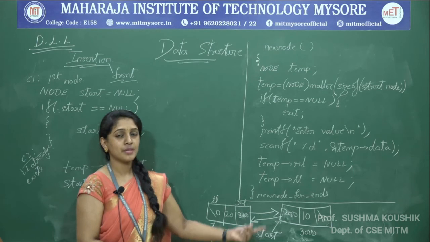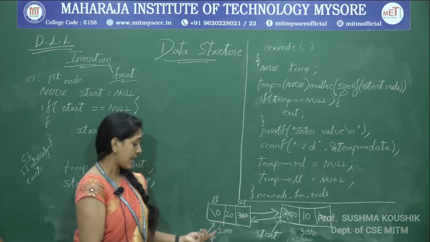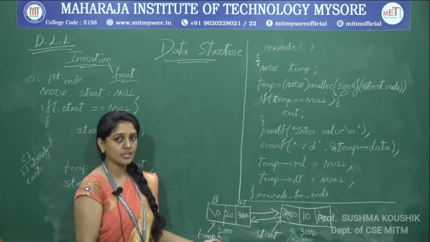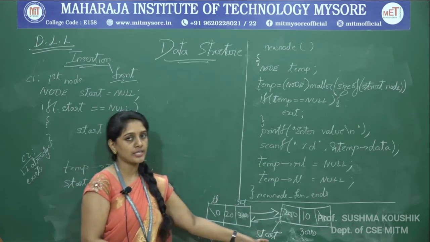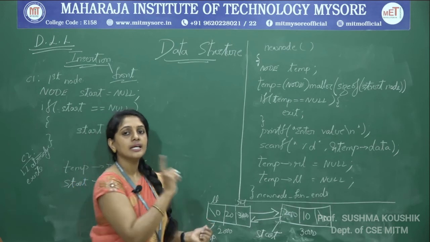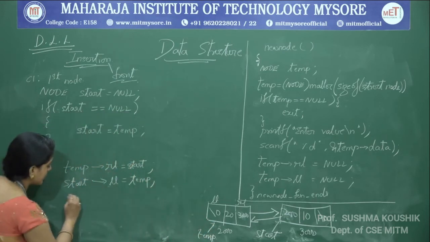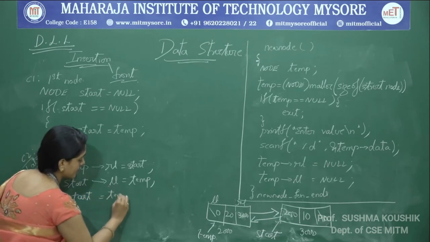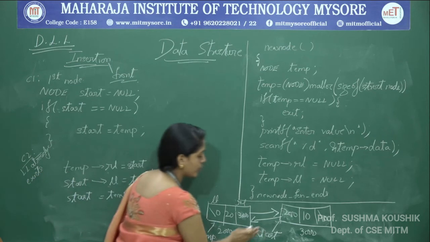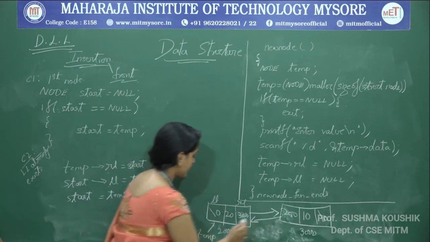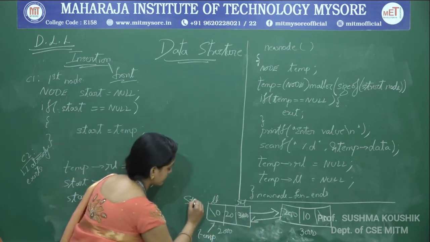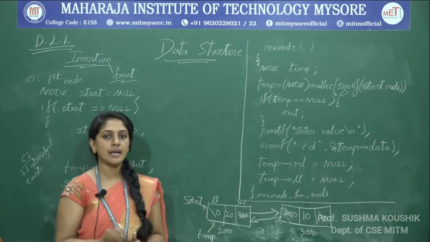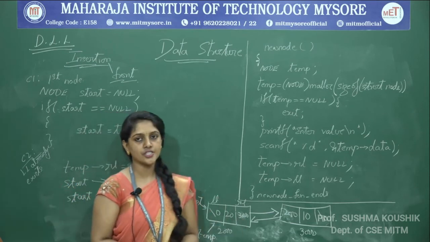Link is established, but one thing which you have to make sure is that the temp pointer will be reused again, so we will lose this value. Make sure the start pointer is pointing back to the first node in the linked list. So how do I make it? Start is equal to temp. So with this, start will no more point to the 3000 address, it will point to 2000. Okay, so I can now reuse the temp pointer. That's how the front insertion is done.